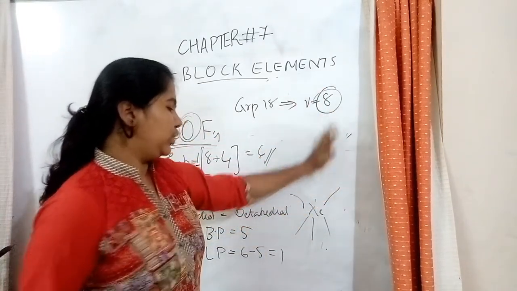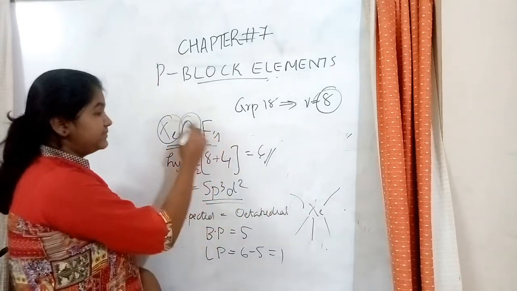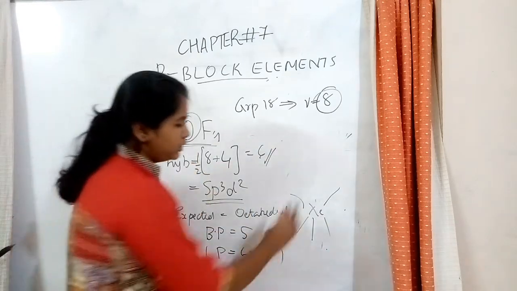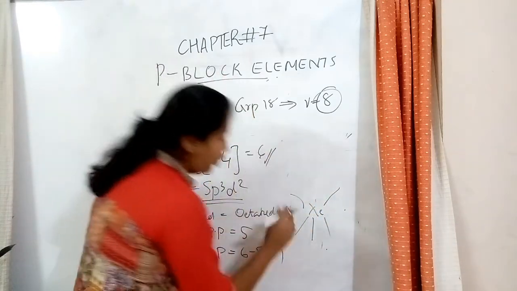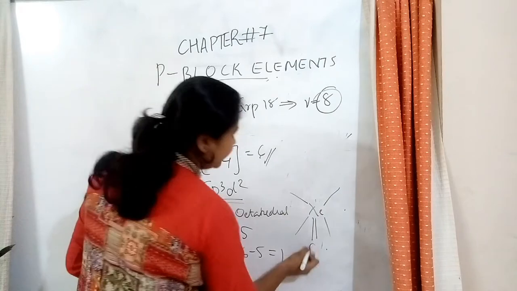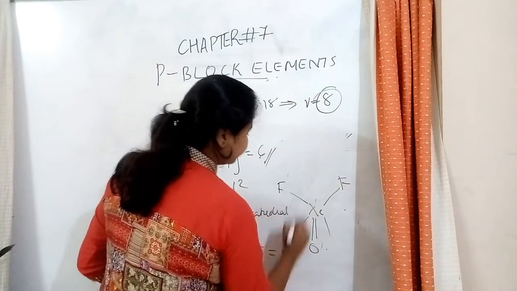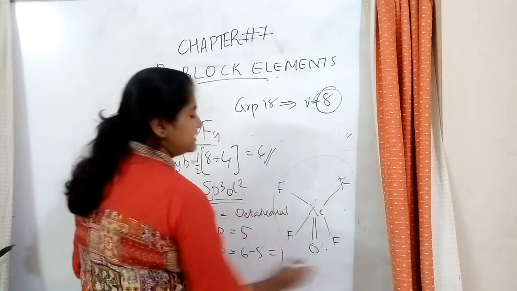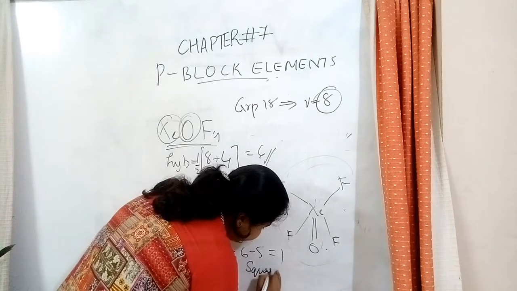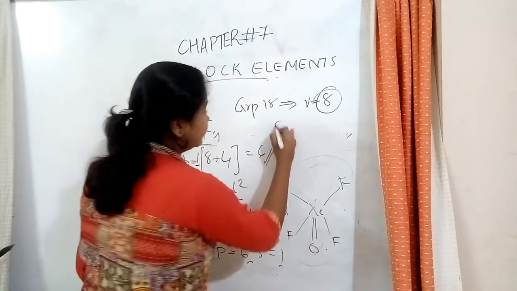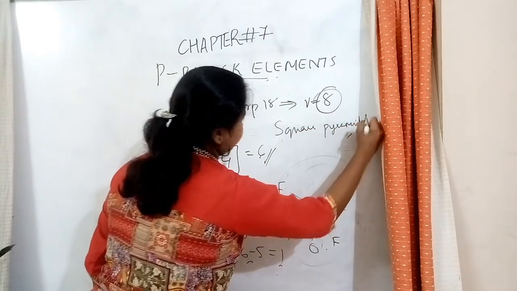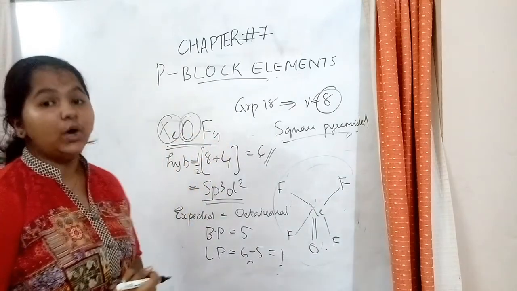Now what should we do? We have to arrange our atoms, that is O and F. So let's see which are the O and the F. So we have 4 F and 1 O. So that 1 O should be mentioned with a double bond. So let's write this over here, the double bond O, and this is fluorine. So what is this structure? This structure is called square pyramidal. I don't think you can see. Square pyramidal. Okay. So this is for XeOF4.